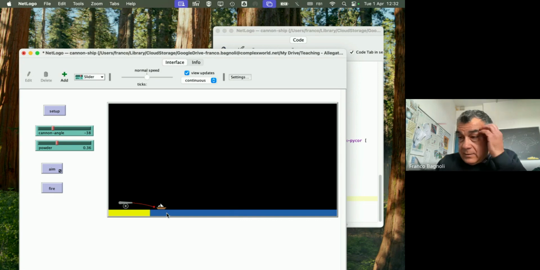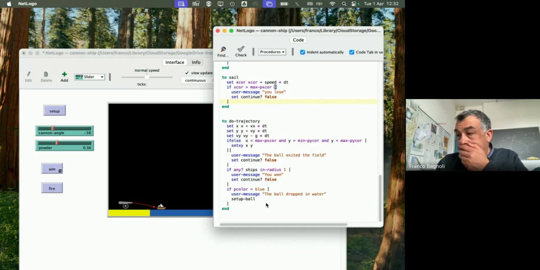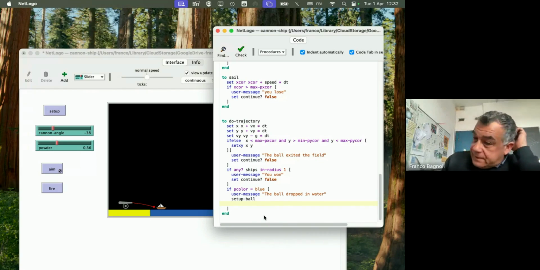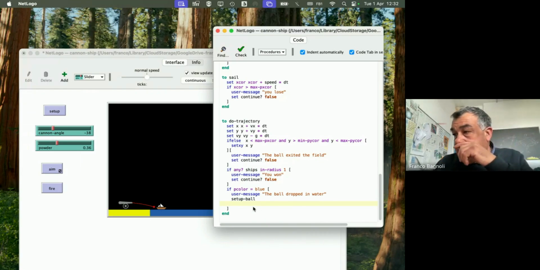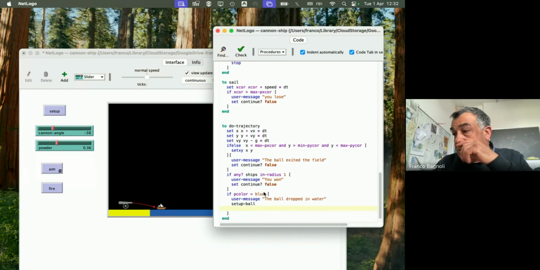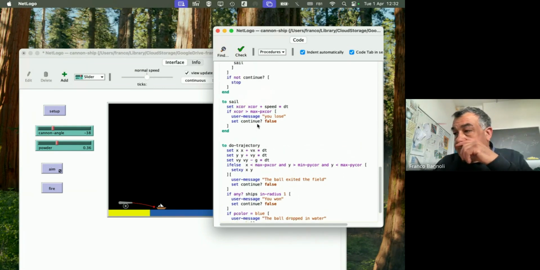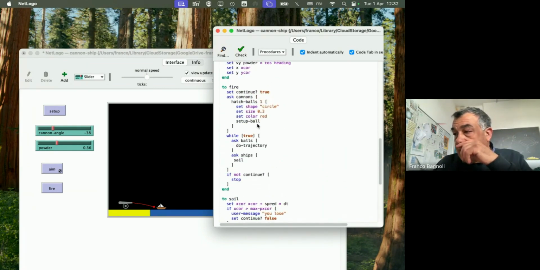But now we have to stop set up ball. We have to think of a different strategy. So maybe we can to fire